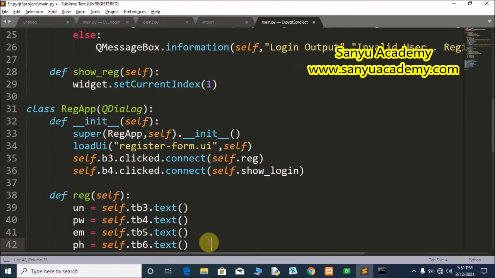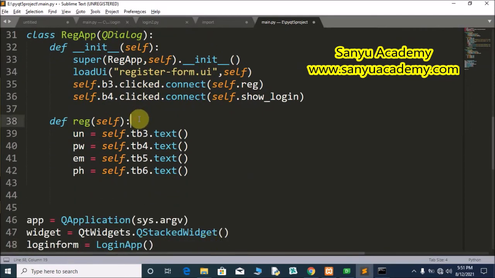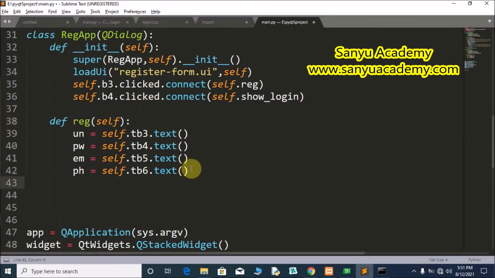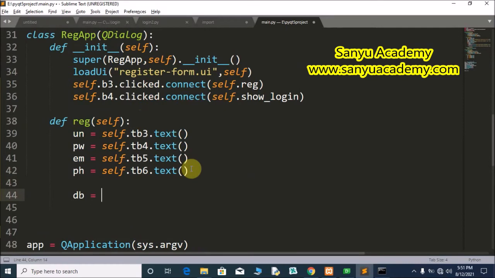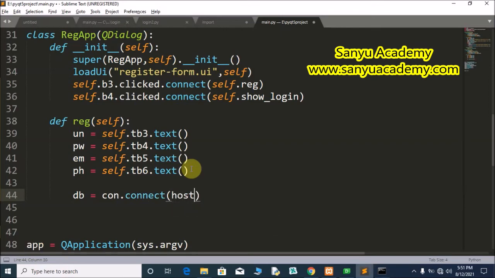Now we are going to connect to the database. For that, we are going to create a variable db is equal to con.connect. In this connect function, we have to provide the host, username, password and database. Host is equal to localhost.